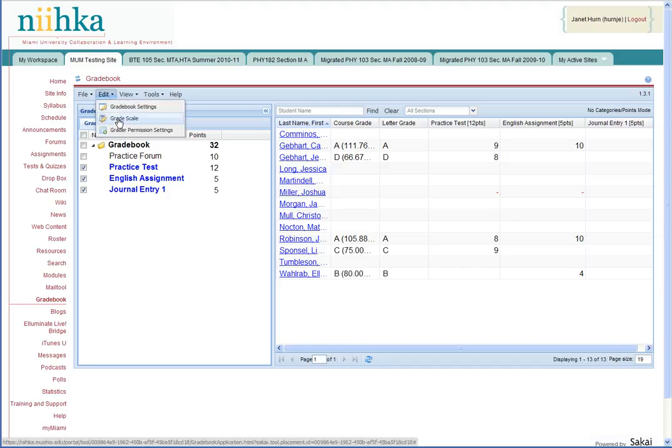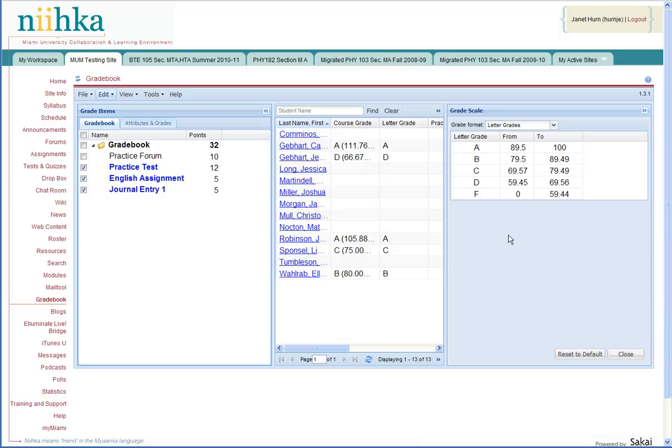grade scale. Alright, so if you choose your grade scale, you can use whatever grade scale you want. So for example, you can use letter grades with plus minus, pass or not pass, or just plain letter grades. Alright, so right now I've got letter grades chosen, and it chooses how you should do that, but you can actually change that. So you could say, you know, I don't want a 59.45 to be an A. I want a D, I mean. I want a 59